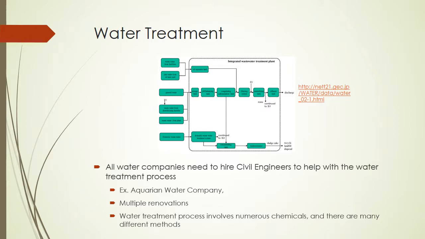Water treatment process involves numerous chemicals. It's long and complicated. The process varies depending on where the water is coming from. For example, if the water is too hard, meaning it can't be used to wash or clean anything, a method called ion exchanging will be used, in which positively charged sodium ions are introduced in the form of dissolved salt. Any hard calcium and magnesium ions get exchanged with sodium ions, softening the water.